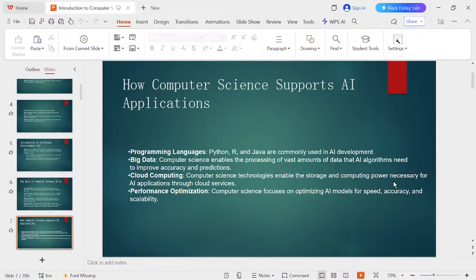And then we're going to look at how computer science supports AI applications. One of the ways is, of course, programming languages. Then we have big data, then we have cloud computing, and then performance optimization. So under programming languages, Python,